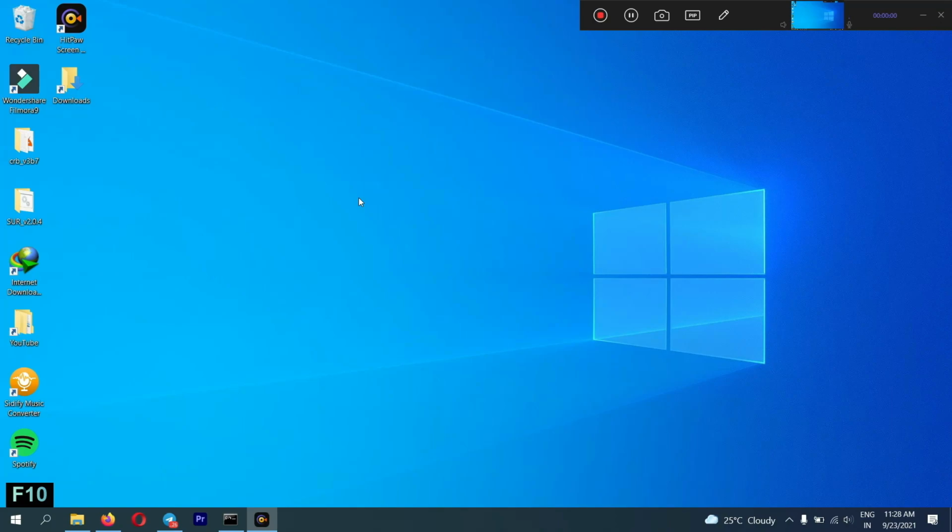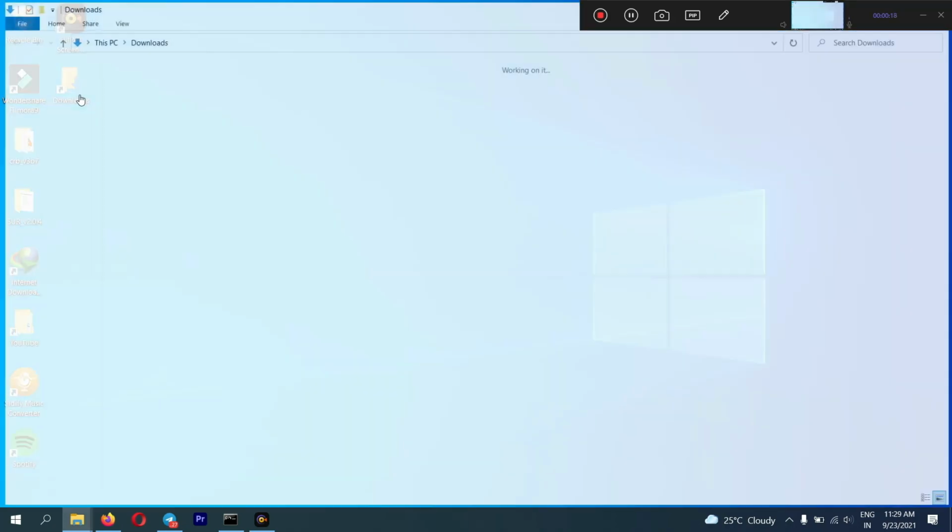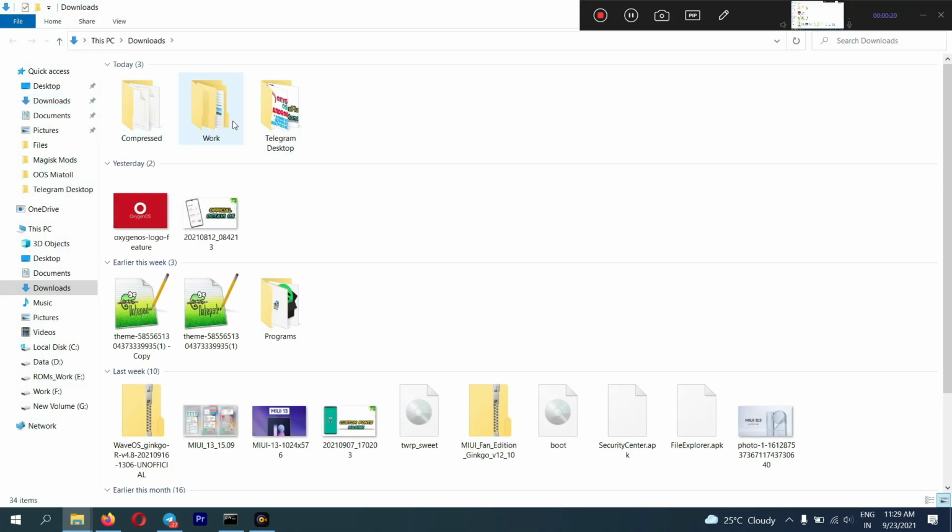Okay, so we are on our PC screen, so make sure you're also on your PC screen. You need a dedicated laptop or PC, whatever you have, because if you don't have that, then the process will not work for you. By the way, we have another method, but that requires a custom recovery. So if you don't have custom recovery and you haven't rooted your device, then this process will work for you, which I'm going to talk about here.